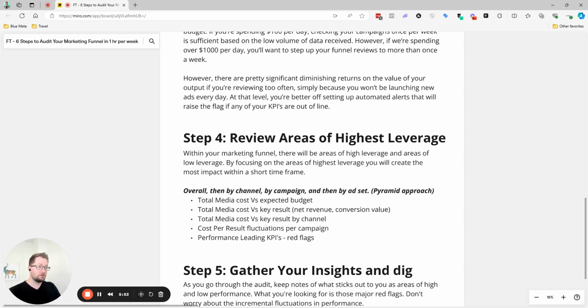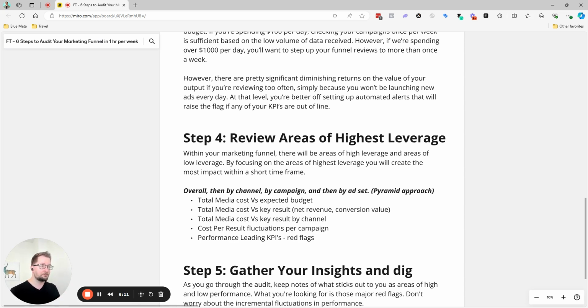So you want to know actuals versus the expected budget. Where are we? So, total media cost. Also look at total media cost versus the key results. So if your key result that you're driving for is net revenue or revenue per visitor or conversion value, what is that key result? And always drive it back to that, again, at the overall level, at the channel level,